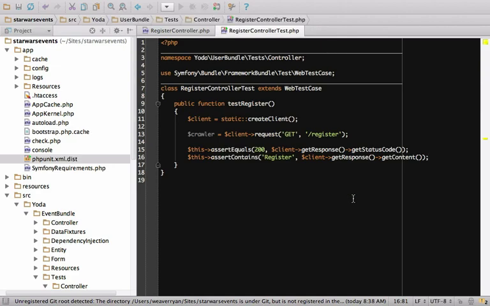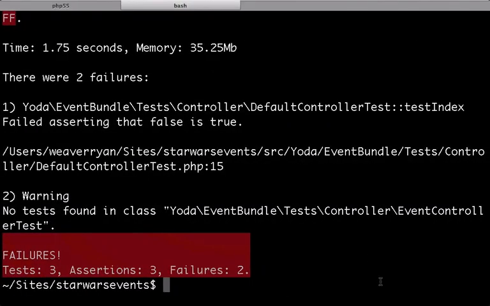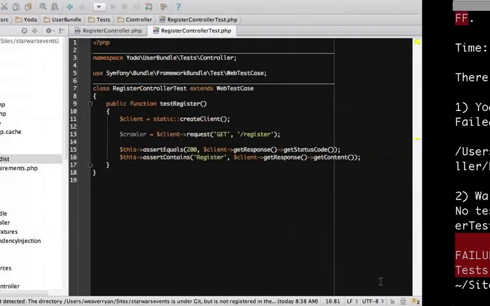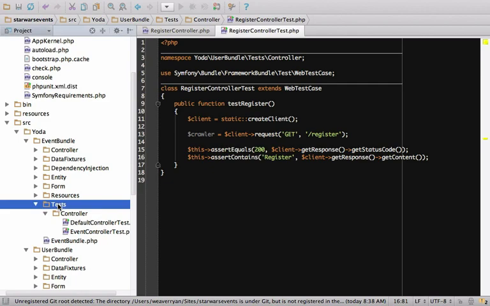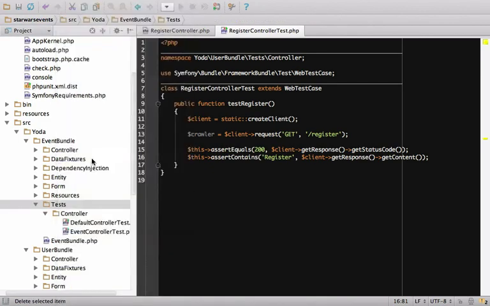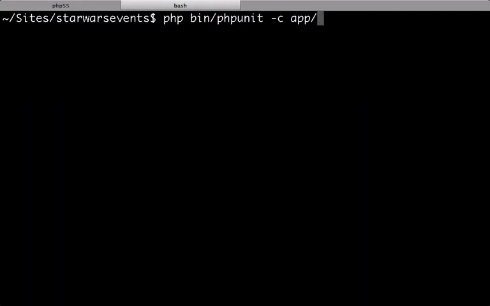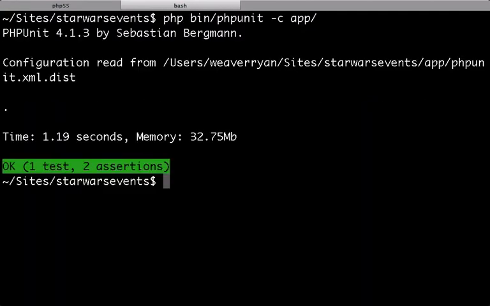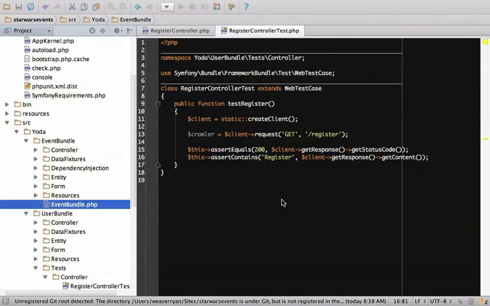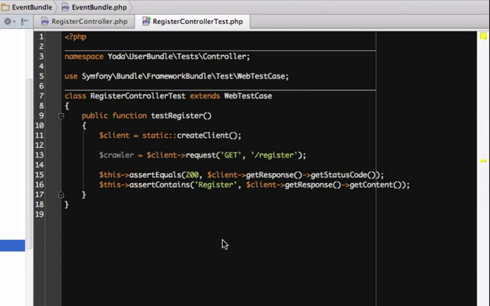But we see a few errors. If you look closely, you'll see that it's executing the 2 test files that were generated automatically in Event Bundle. Get rid of these troublemakers and try again. Green! PHP-unit runs our test, where we make a request to /register and check the status code and look for